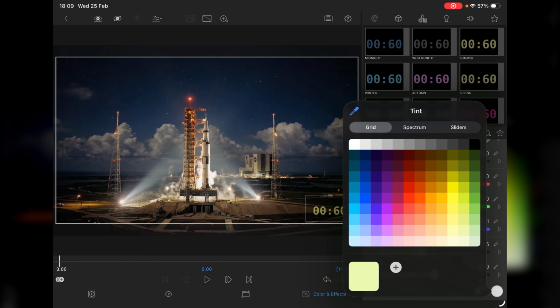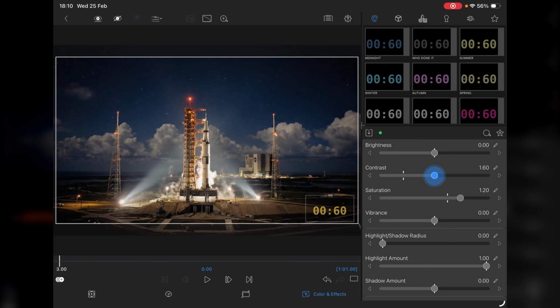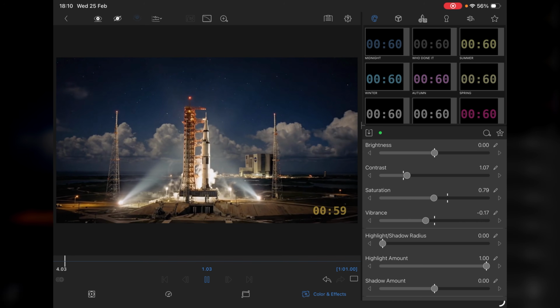Go to grid mode. You can see we can just change the colors through, make it slightly more orangey. And if the color itself is too much, you can just play with the contrast or reduce it down. You can take the color down a little bit, vibrance, and that then gives you